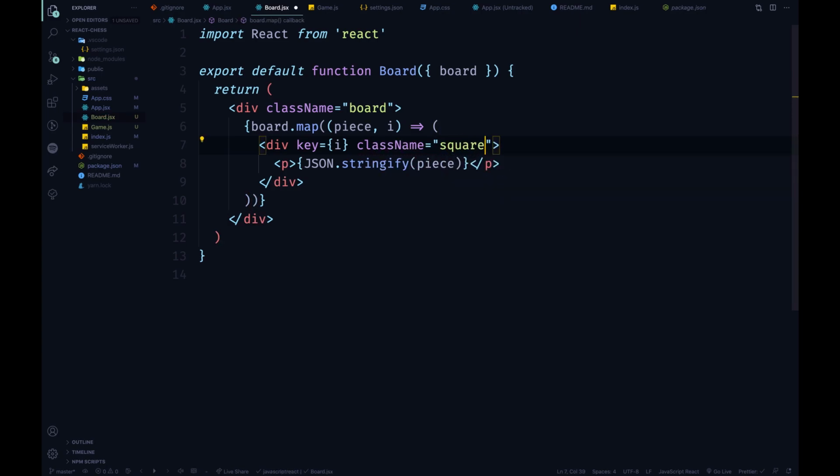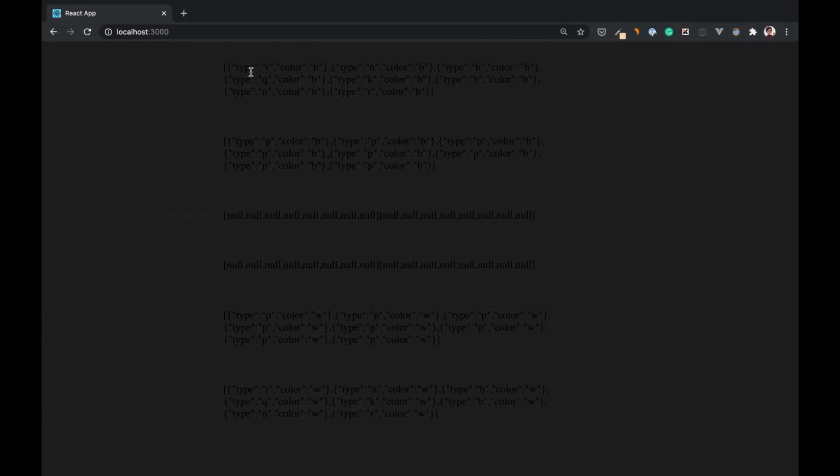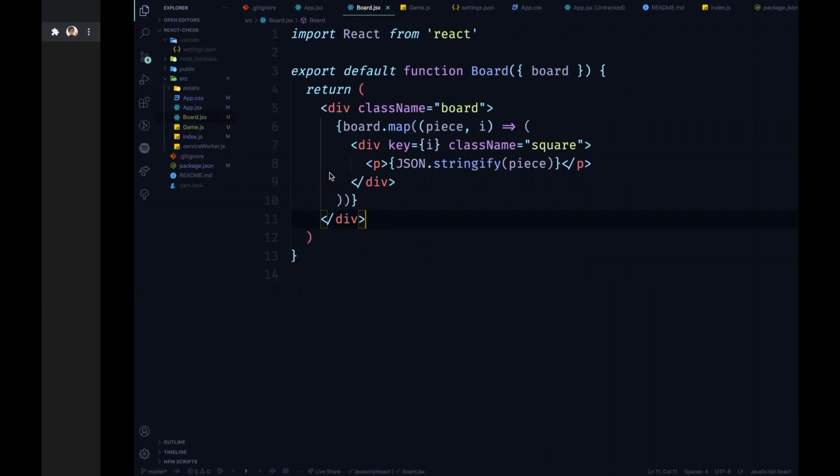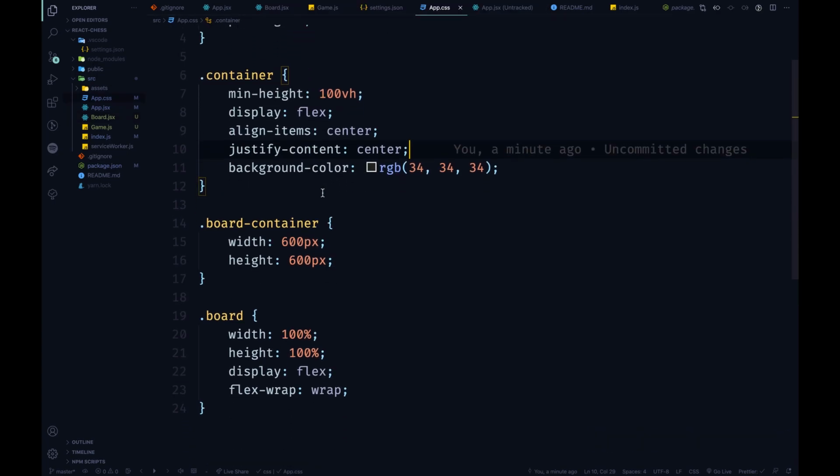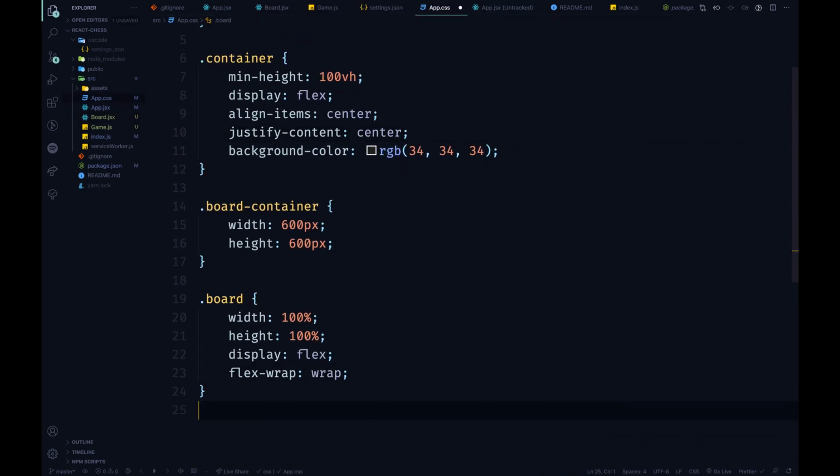So every item here is going to have this class, and the square CSS that we need is going to be, so we're going to force a default width for every item. So let me go back to here, and we are going to add that CSS class that's going to be square,